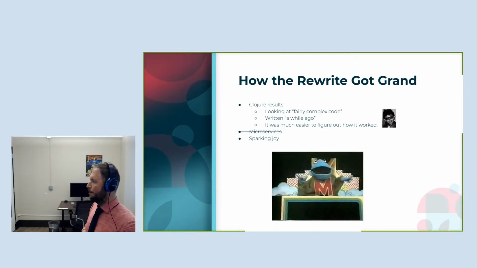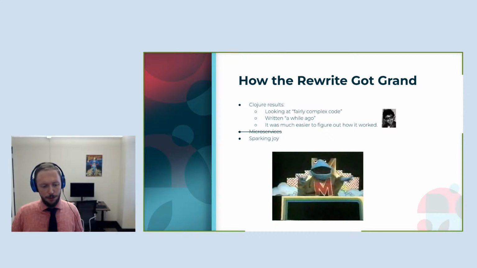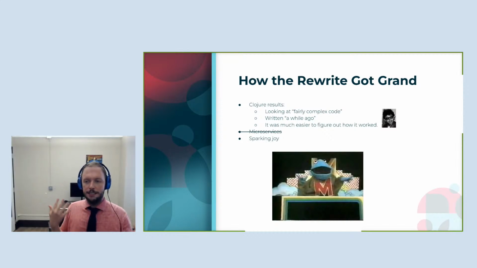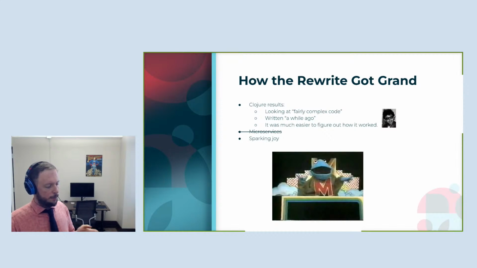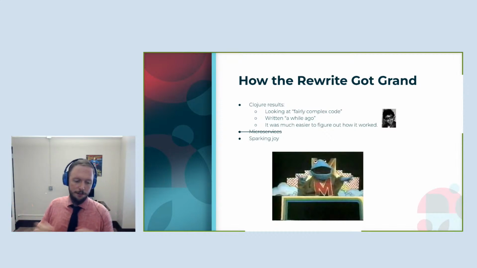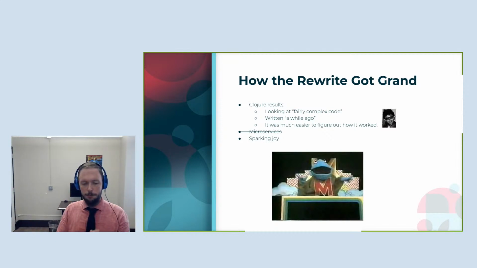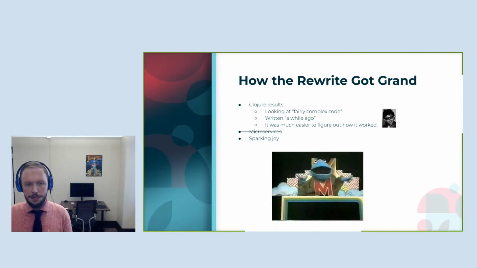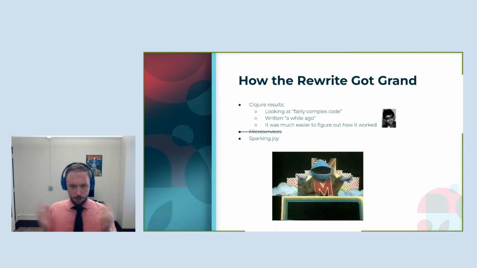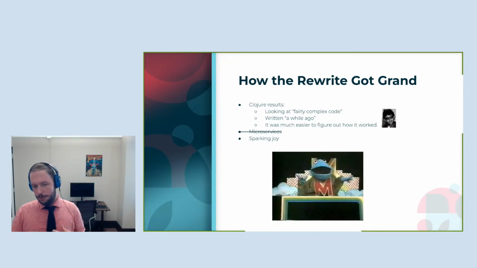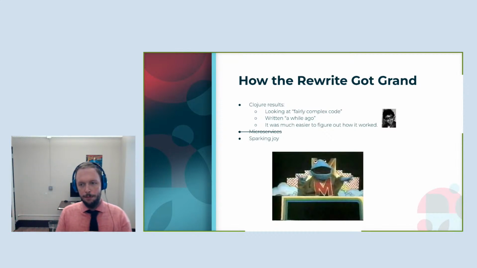I don't want to overlook that as us getting irrational, because again, these systems are written by humans. And if we already knew by experience that Clojure was going to be more satisfying, that we were going to be more productive, it was going to be better quality of life, then I think it was fair for us to make that choice, even for the engineering team that we couldn't foresee, even though we had an idea that it would keep growing. So again, there was this idea, okay, well, this is too complex with 2 services. And then also there was the sense of, well, wouldn't this be fun? So every project that we did, we just did a little bit of Python migration.